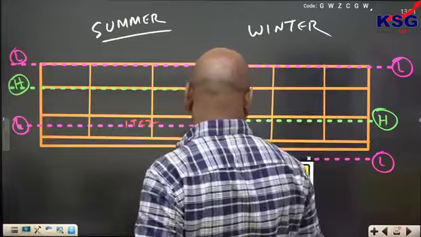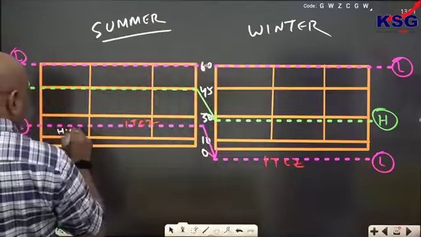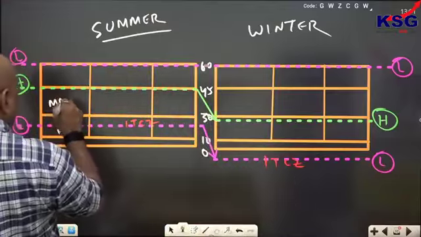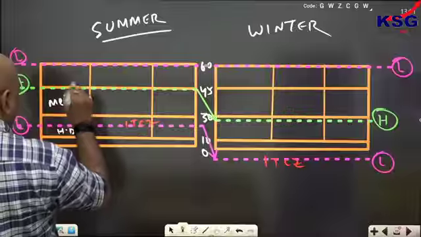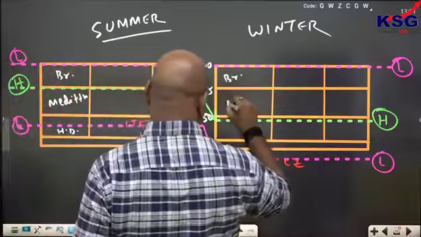You remember the hot desert here, Mediterranean is here, British is here, British, Mediterranean